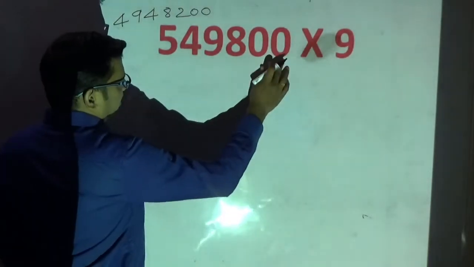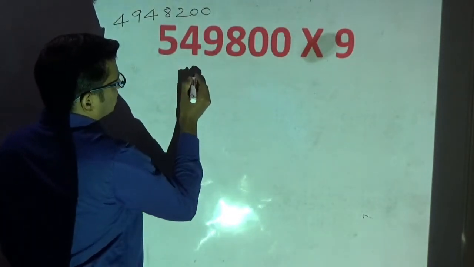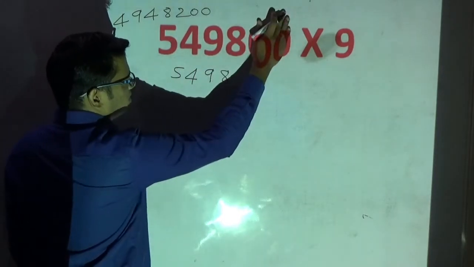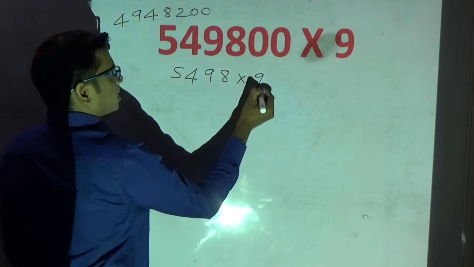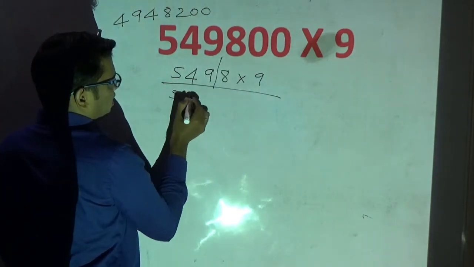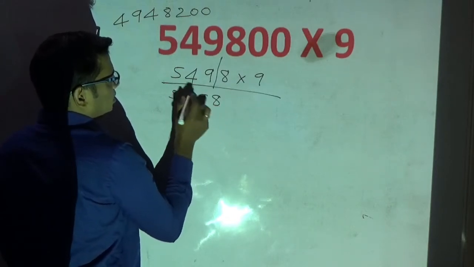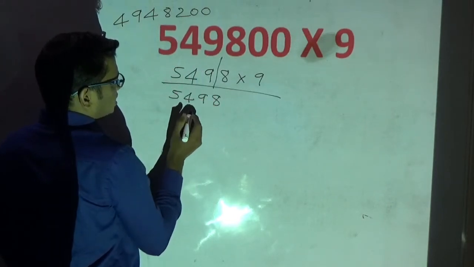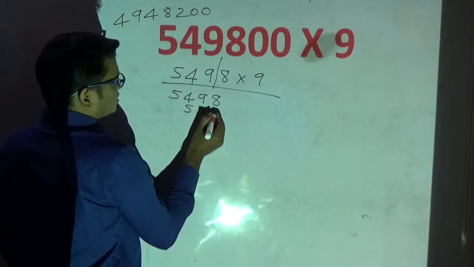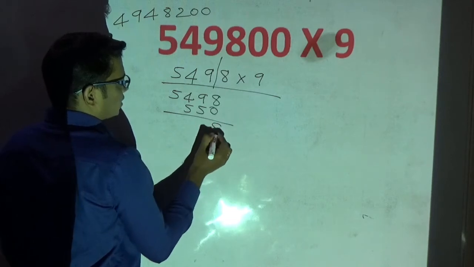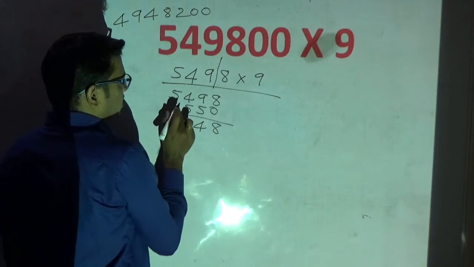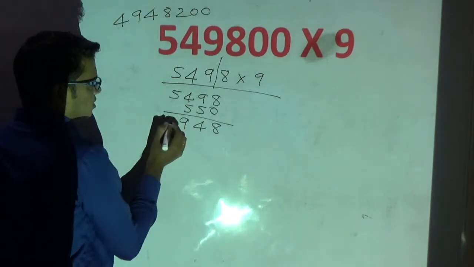See, before applying the second method, you ignore these zeros, right? Remaining as it is 5498. For the time being, you ignore this 0. Okay, into 9. How many 9s? Only one 9. I will split like this. So 5498. Then whatever the left out digits, you have to increase by 1. So 549 will become what? 550. So this 8 write as it is. 9 minus 5 is 4. Here 14. 14 minus 5 is what? 9. Okay, this is 4.